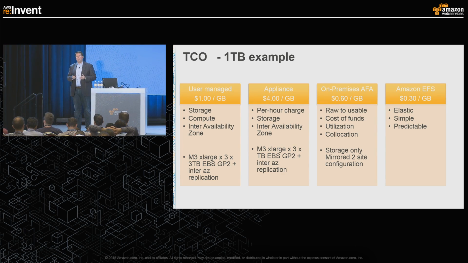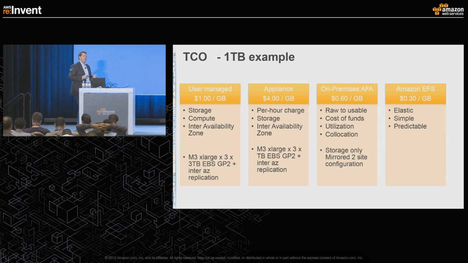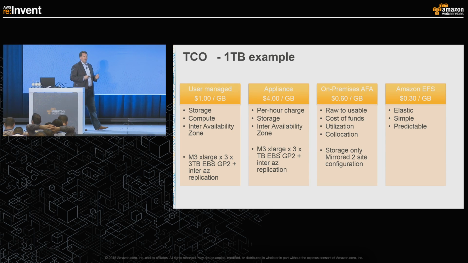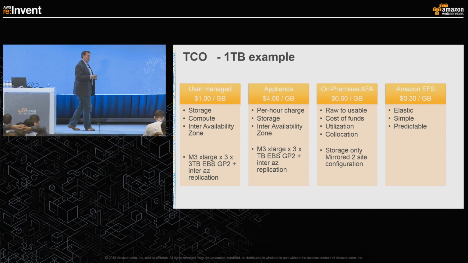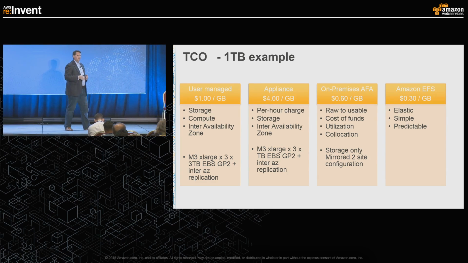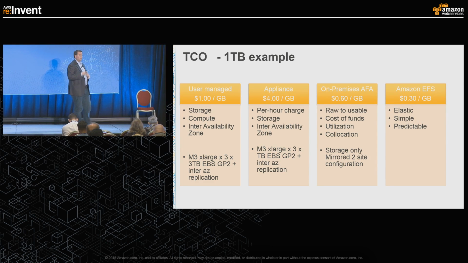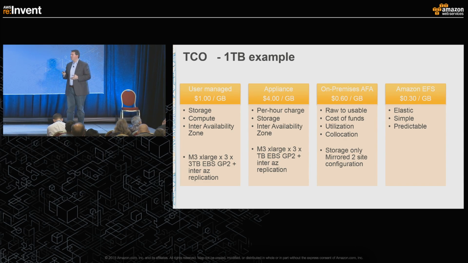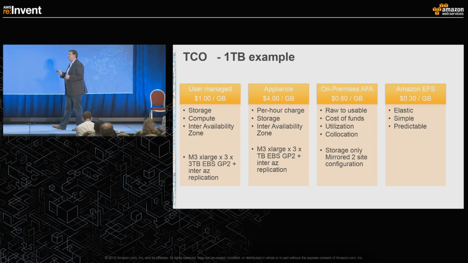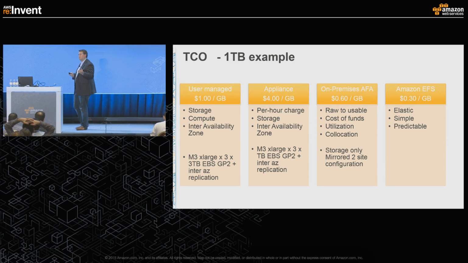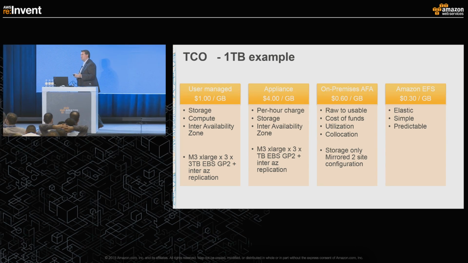We put EFS in a price band that I think is very attractive, both for the native AWS user and for the user that has storage on-premise in your existing data centers today. So whether you're a net new user to AWS and you have workloads that you need to migrate from existing NFS repositories, or you're an existing Amazon user and you need to build and operate file systems at scale, I think the price band that we put Elastic File System into is very interesting and, again, very predictable, because that 30 cents per month is the all-up number based on the capacity that you consume. We're not going to bill you for the multiples of exabytes at the 30 cents per month per gigabyte. We're going to bill you for the capacity that you use and for the length of time that you use it for.